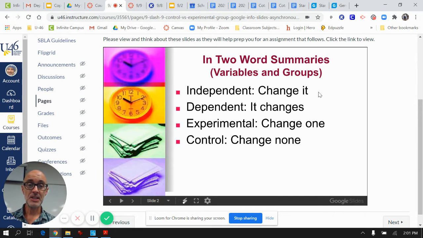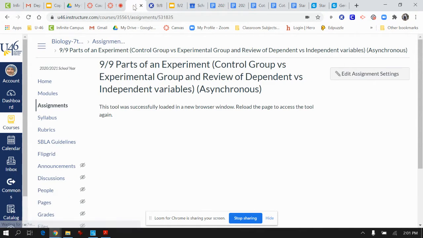Independent means you change it, right? So experimental and independent are very similar. Dependent, it changes. Last lesson we talked about how you measure the dependent. Experimental, you only change one. Control, you change none. That means in an experiment, everything stays the same except for the one change you want to test. Okay? And so with that said, I will take you to your assignment,